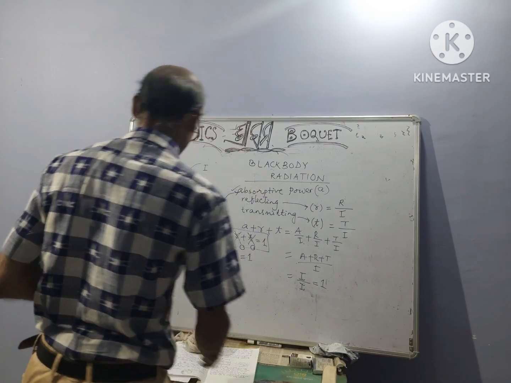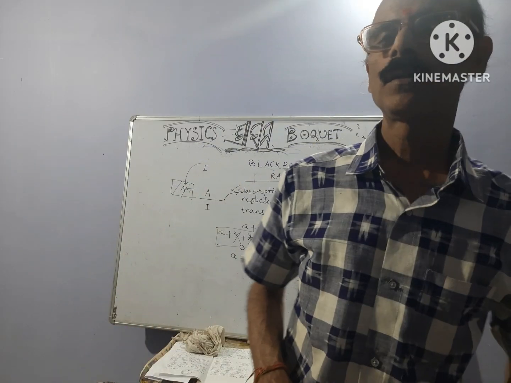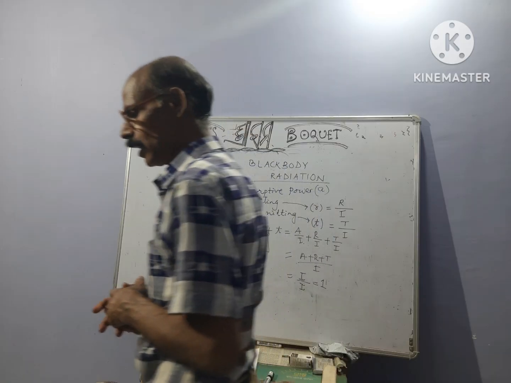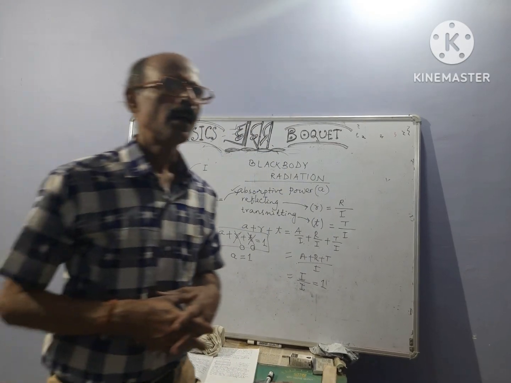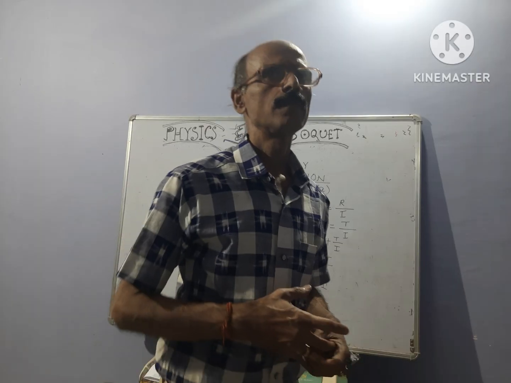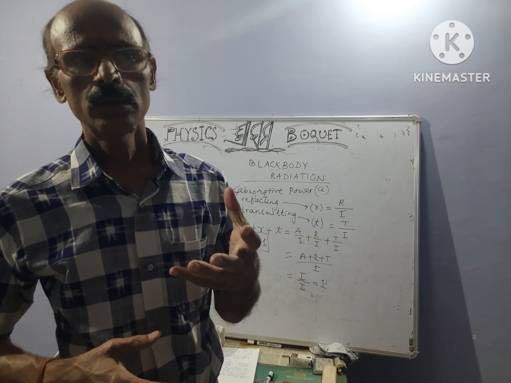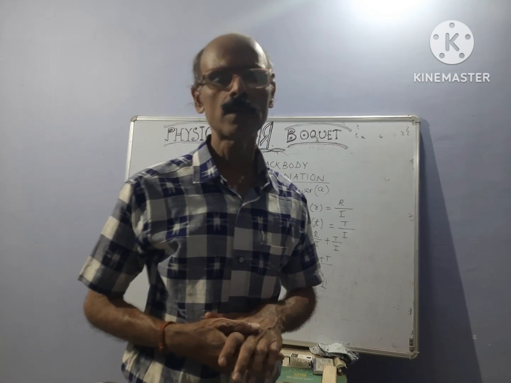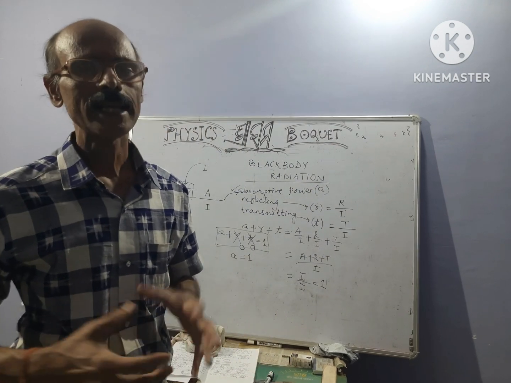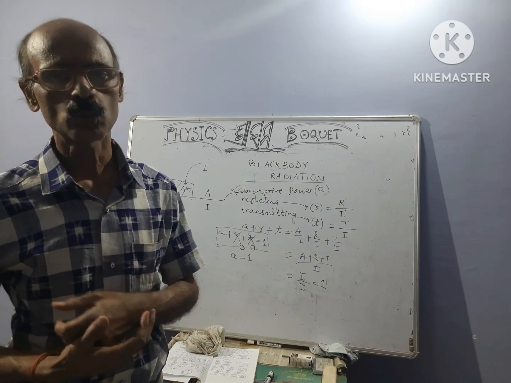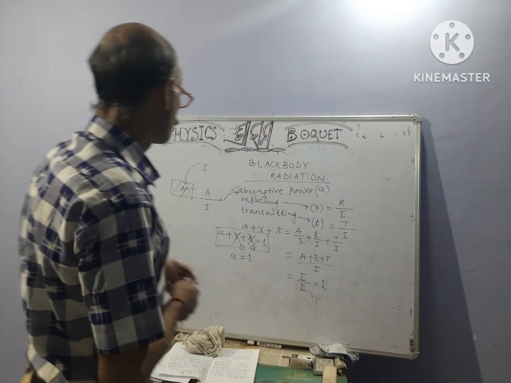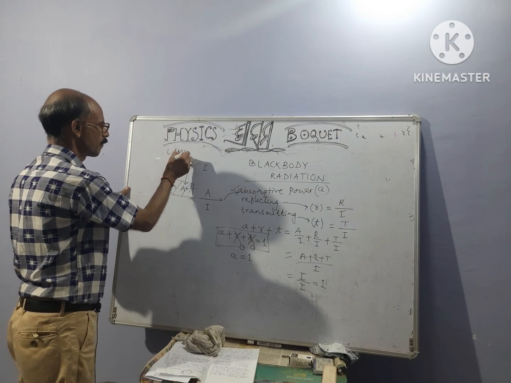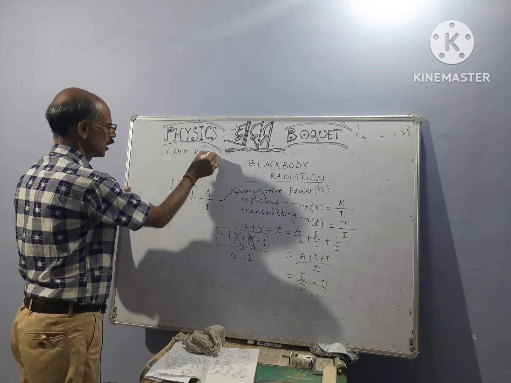Then one more thing I will tell, there is no 100% perfect black body. There are black bodies which are 97% to 98% absorbers. They can absorb 97% or 98% of the total energy. And for practical purposes, lamp black and platinum